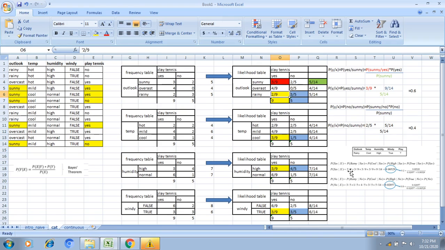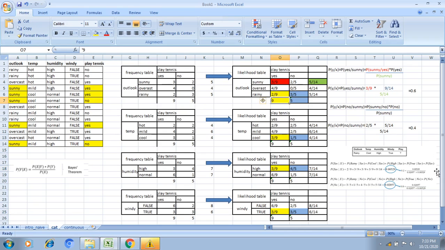Already I know the probability is 2 by 9. In a similar way, the probability of cool versus yes is 3 divided by 9. Similarly, the probability of high with respect to yes is 3 divided by 9. And for true, true given yes is also 3 divided by 9. Similarly, the probability of yes, which we already know, is 9